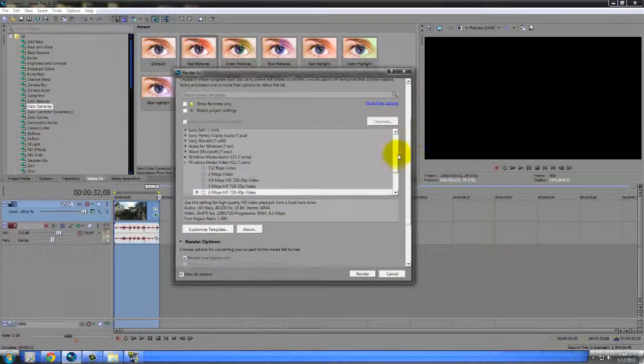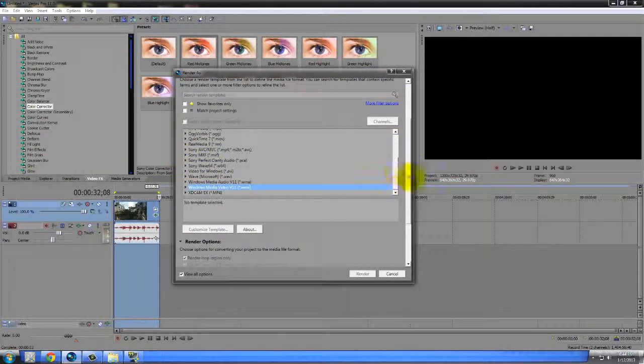Then I'm going to scroll down. So this is what I use. If you guys have just installed Sony Vegas, I don't think you're going to have any presets or anything, but it's going to open up the Windows Media Video V11. So you just scroll down, and the one that I always use, for YouTube, to get the HD 720 little icon thing,